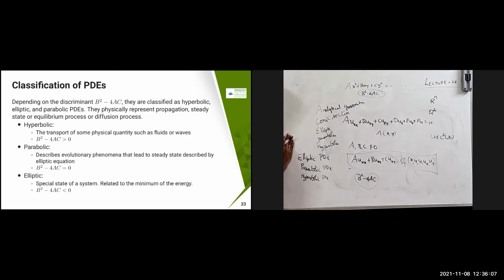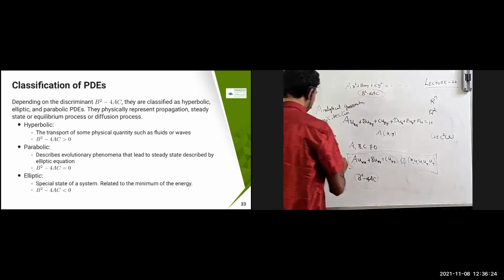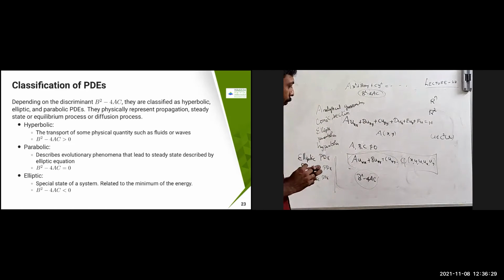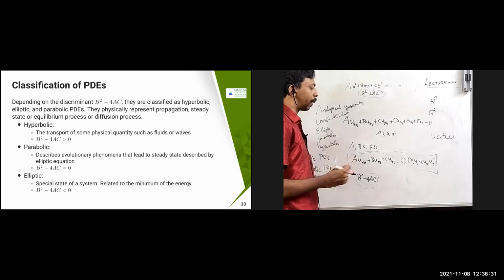You can even see books on elliptic partial differential equations, and hyperbolic conservation laws or hyperbolic PDE books. Similarly, parabolic PDEs are there. These are all very important PDE types which they study extensively, and many research topics are there in this area. So now how do we classify that? Let us come to that.